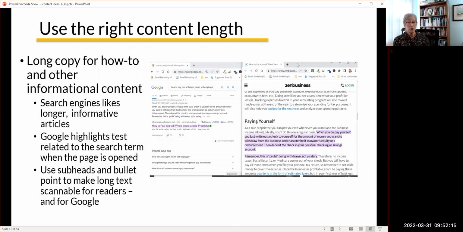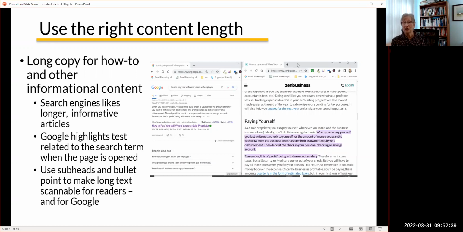The other thing that Google does is they look inside your content, and if somebody's searching for a term and it's buried inside your content and they think that that's a good response to the search query, they'll show that page in the search listing. And when somebody clicks on the page, Google won't take them to the top of the page, they'll take them right to the middle of the page where the answer to that question is.